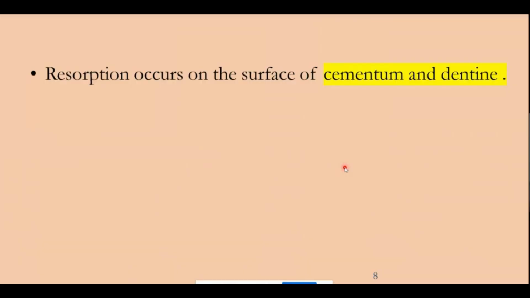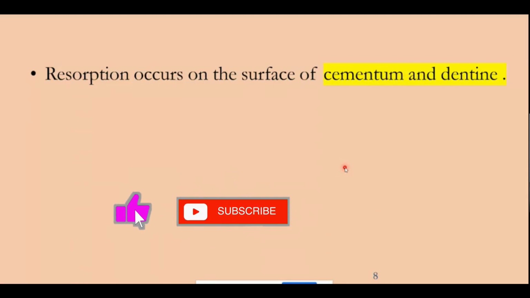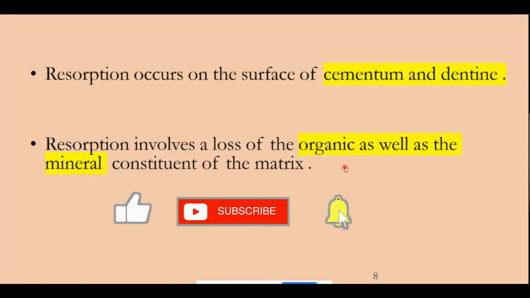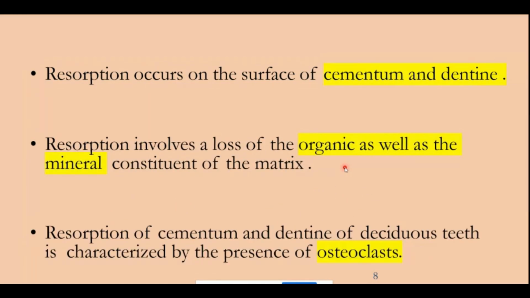So the resorption occurs on the hard structures, of course. This is both on cementum and dentin, because we're talking about the root of the primary tooth. So there is no enamel in this scene. It is the cementum and dentin. And it removes both the organic and inorganic content. All this resorption, which we were talking about, happens by osteoclasts, and it is characterized by the presence of the osteoclasts. And there are some other cells which I will discuss with you when I move to the histology.